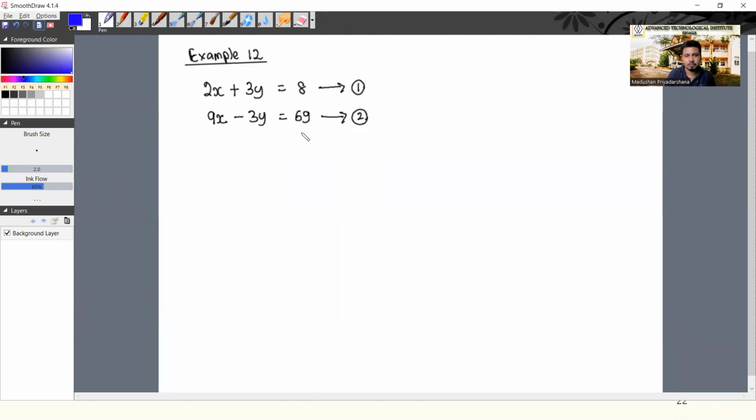But when it comes to example number 12, there is no need. Why? Because it is already equal in the original equations with respect to y. Okay. So once we make the absolute value of one variable similar or equal, then the next step is